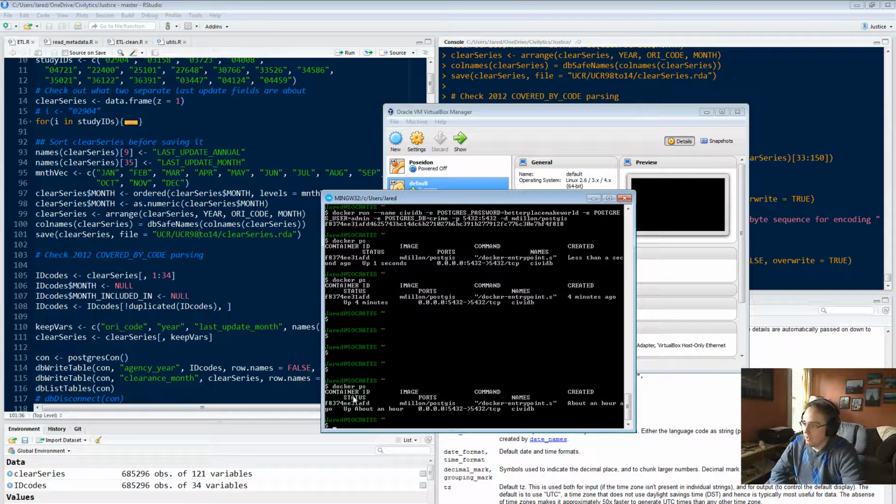I have my Docker machine running locally, and inside of that it's running one Docker container, which I call CivaDB. Civalytics is the name of what I'm trying to build, and so I just shortened it to CivaDB. And it's built on this Postgres image by this user of Docker, M. Dillon, and